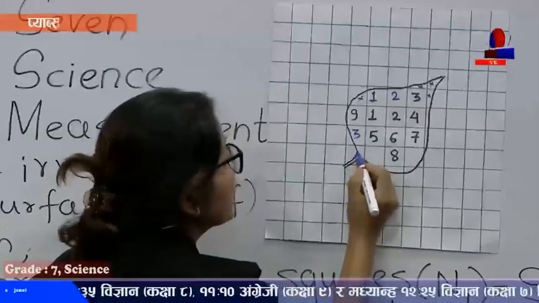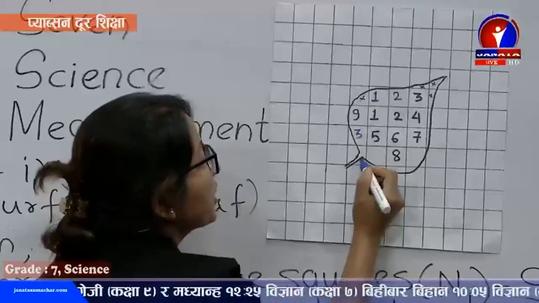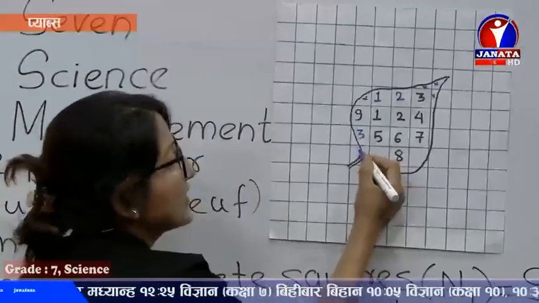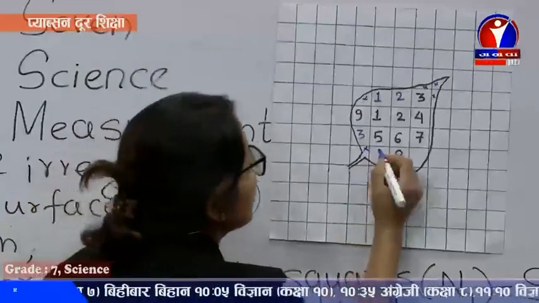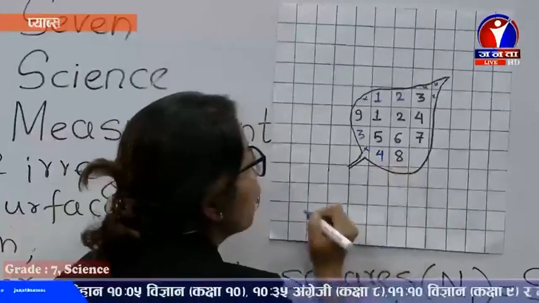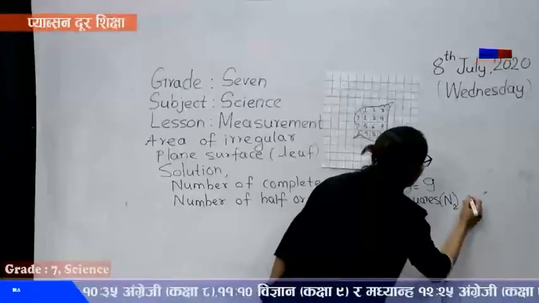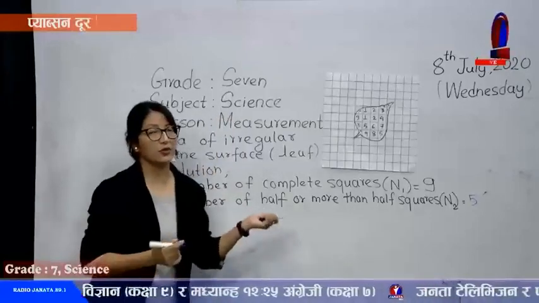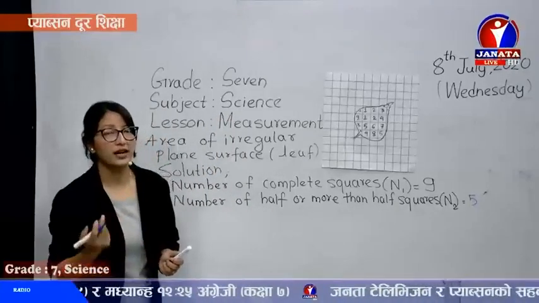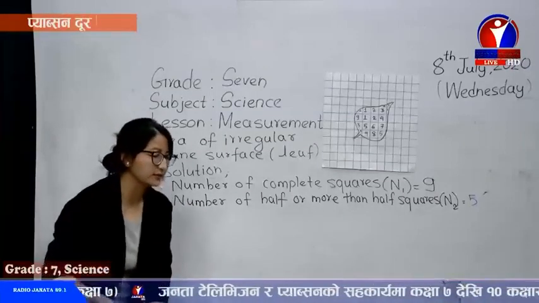And here also, see, we can just check over here this much, and it has gone up to here. Now it seems like it's less than half. If we join this much, it seems like less than half, so we also ignore it. And this one also we can take it as 4, and this is 5. So all together 5 squares which are covered half or more than half. Now what we do is another.